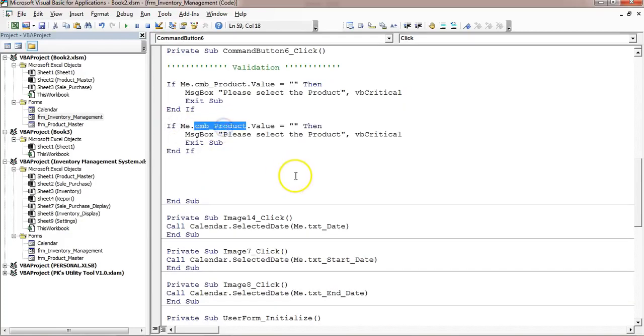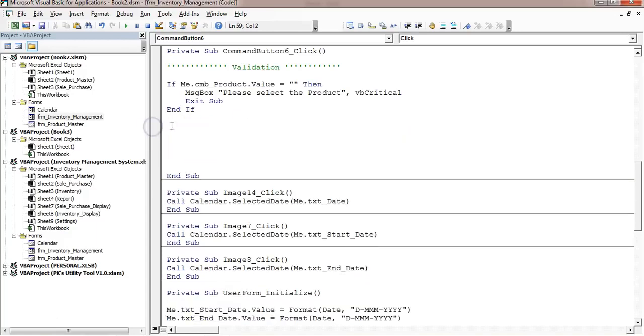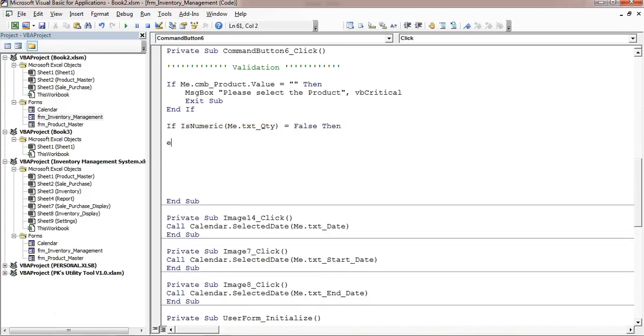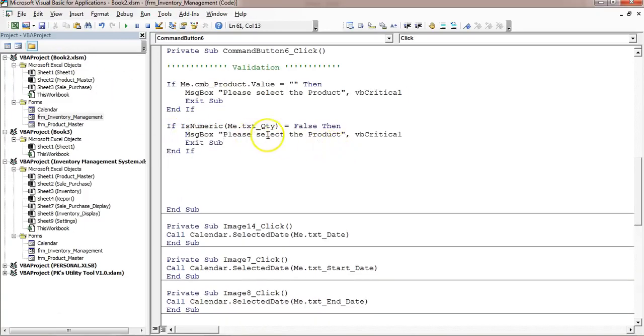The second, make sure you have put some quantity. So we will put here If IsNumeric, and we will take Me.txtQuantity, is False. If it is not numeric, then we can put some message: Please enter correct quantity.